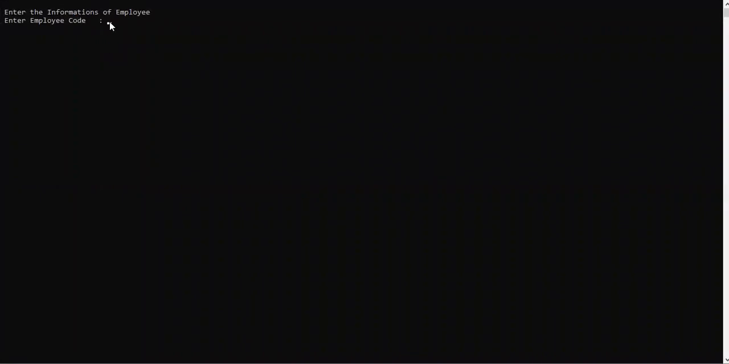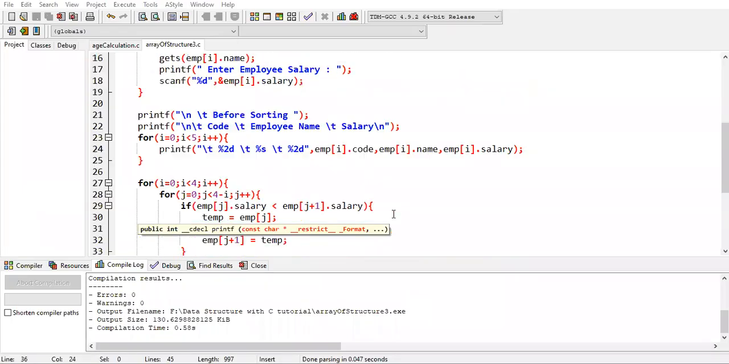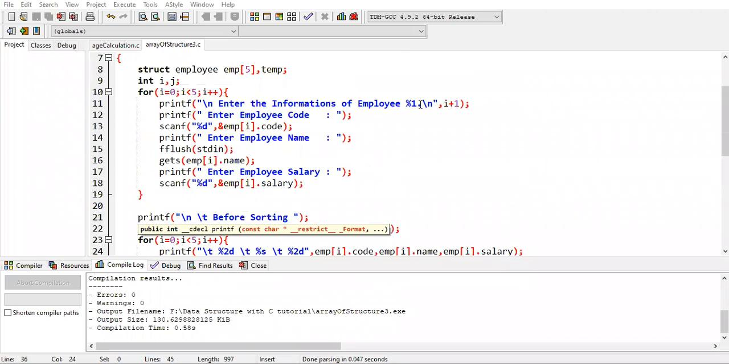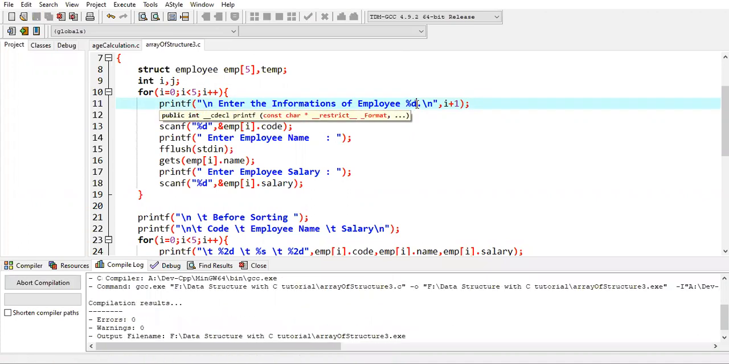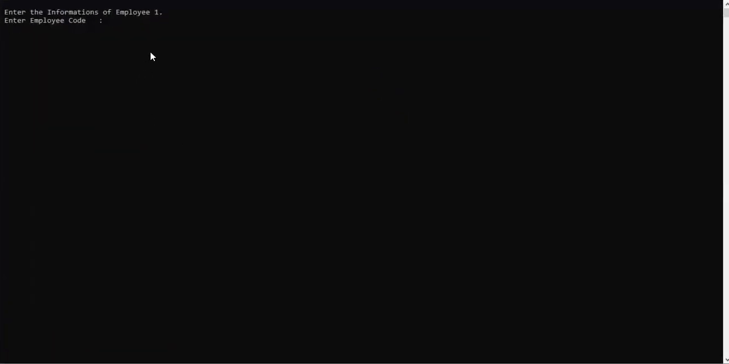First input, employee code. Okay, so you can see enter the information of employee, and after that the number is not showing. So first of all, fixing that. Listen, see here it is %1, it will be %d. Now running this code. Okay, so you can see now enter the information of employee 1, 26, then employee name,